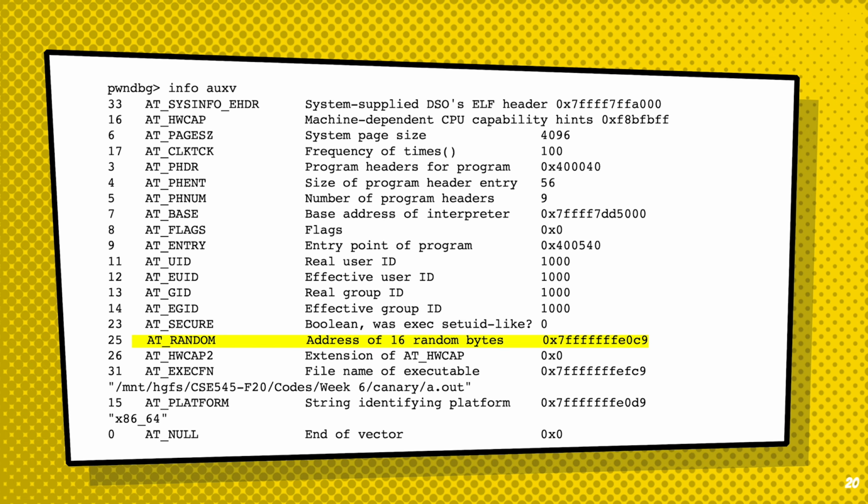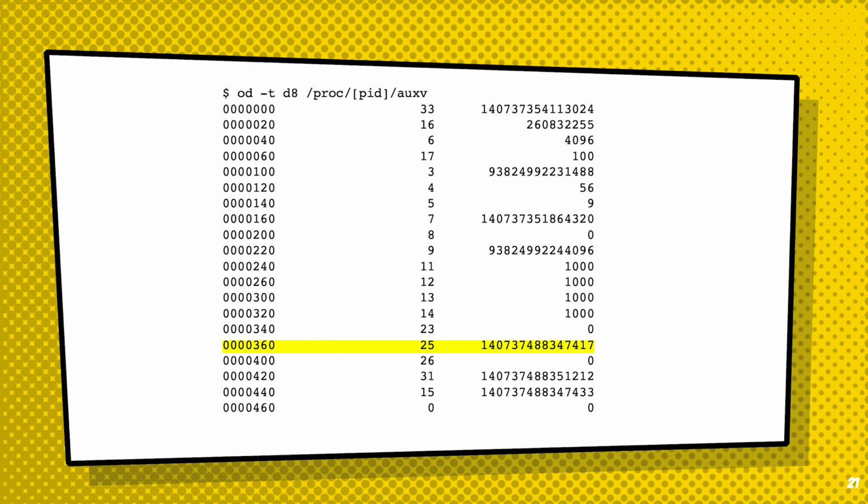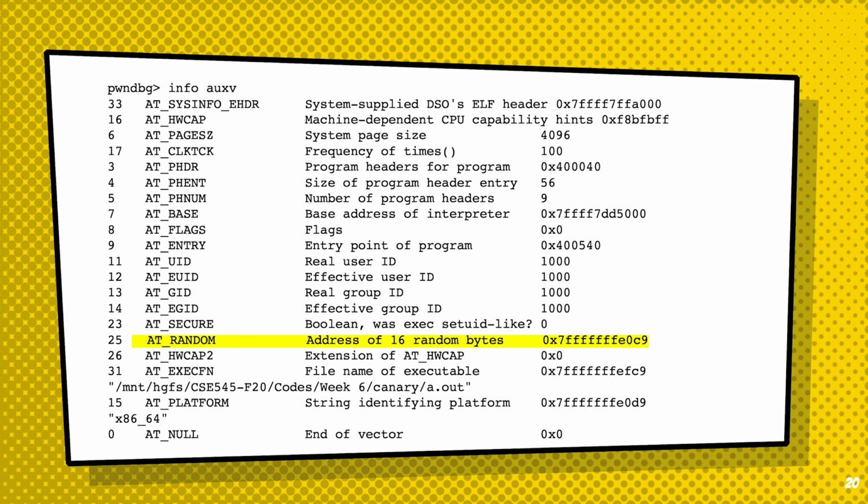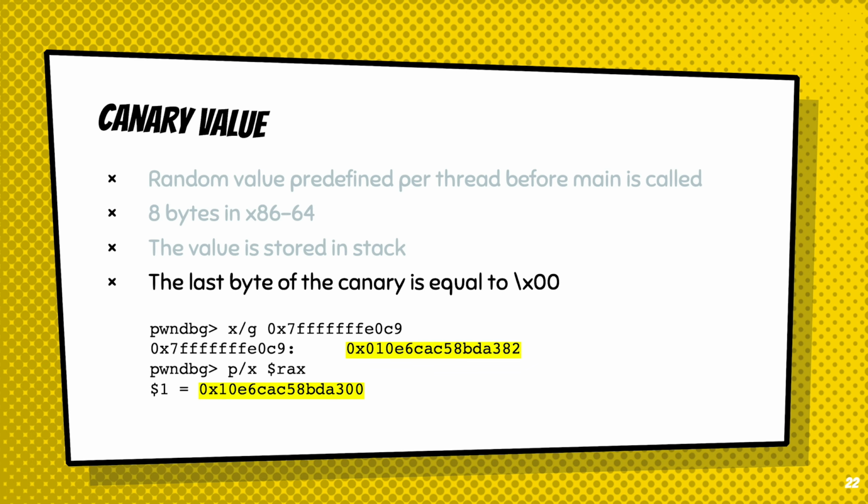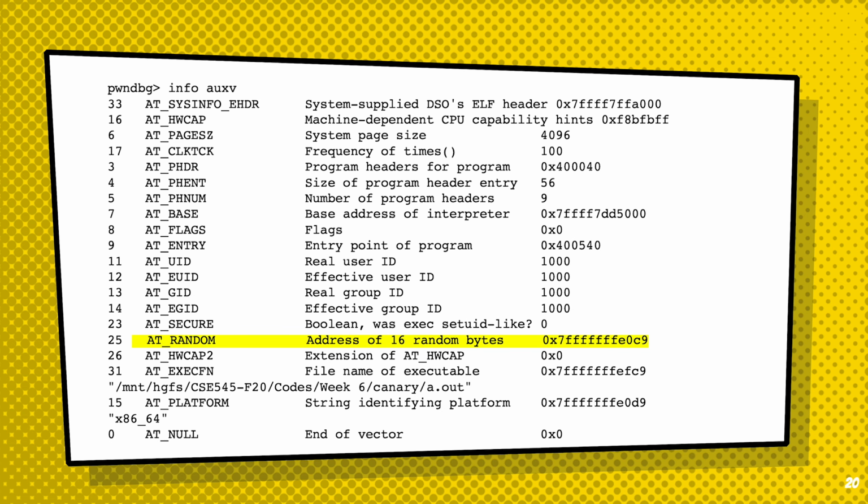In fact, to know where this randomized value comes from, we can either, in GDB, use info auxv, or we can just read that information from the process. So if we know the process ID, we can get the bytes associated with this particular field, AT_RANDOM. And usually for stack canary, the last byte of the canary will be set to be equal to 0. So here, if you check the address of this 16 random bytes, you will get the address of it, which ended with